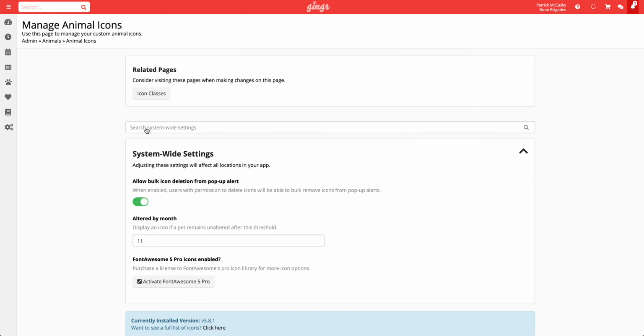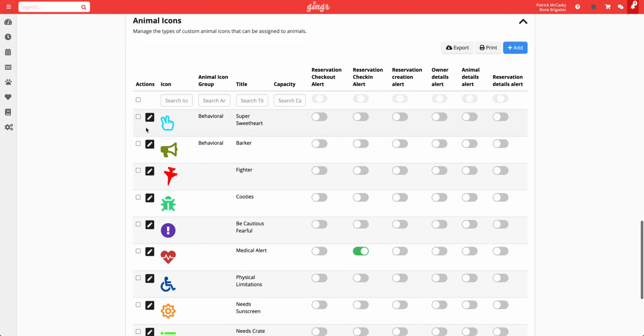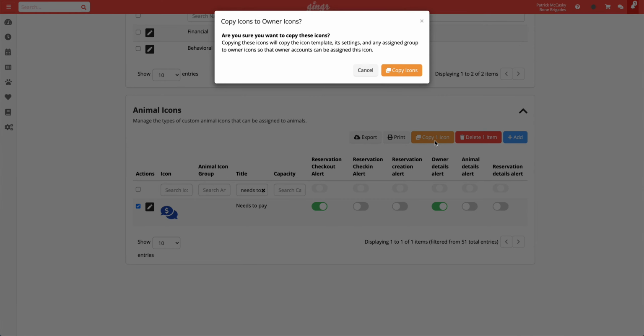From the Animal Icons admin page, we'll scroll down to the Custom Icons section, and we can search for any icons that we want to migrate. In this case, we have one that we'll go ahead and select. It's important to note that you can select as many icons as you want to bulk migrate multiple icons at once. When we select this icon, we see a new orange copy button that appears in the top right of the section. When we select this, we get a pop-up alert that asks us if we're sure that we want